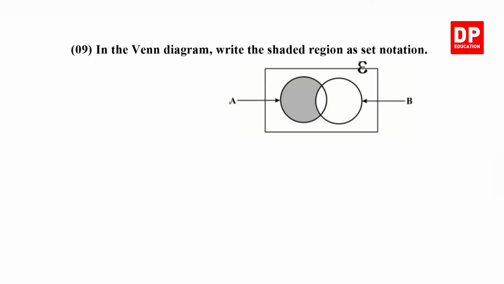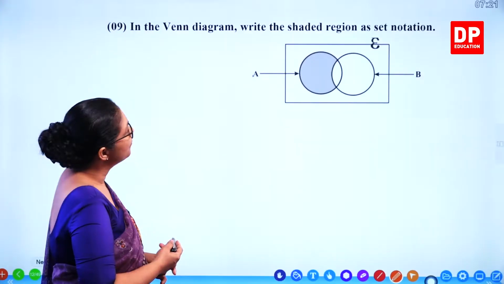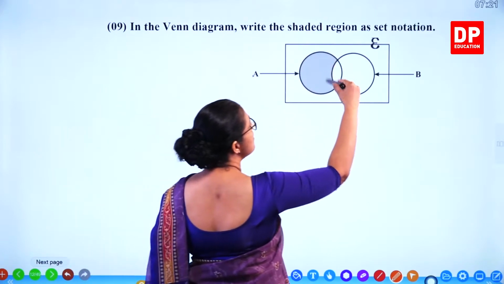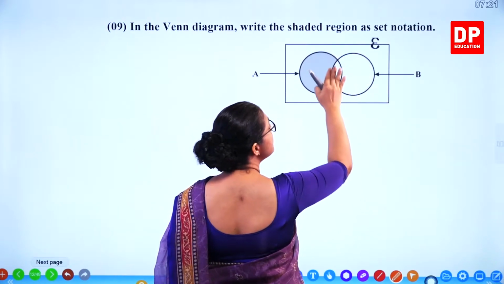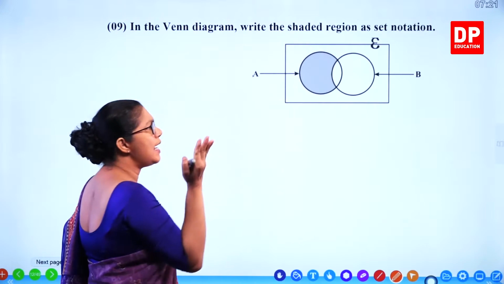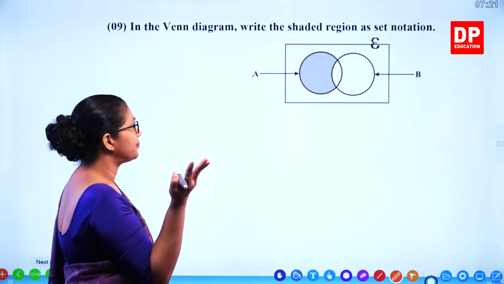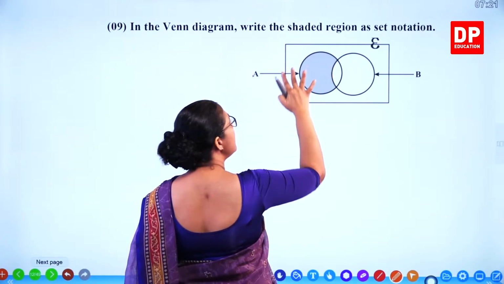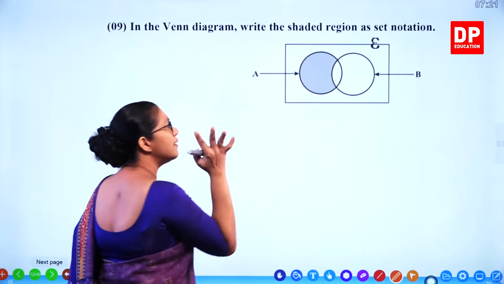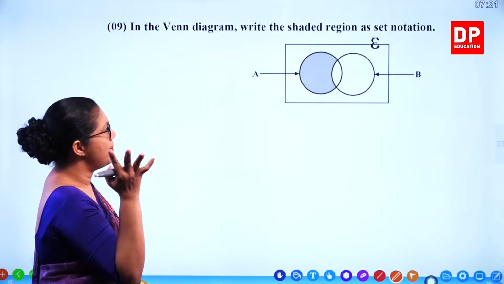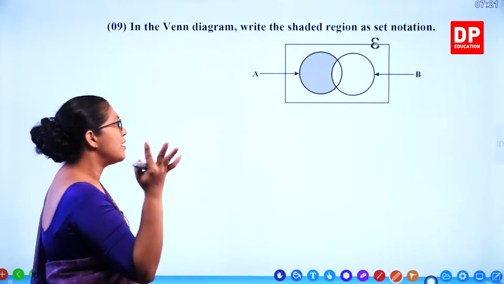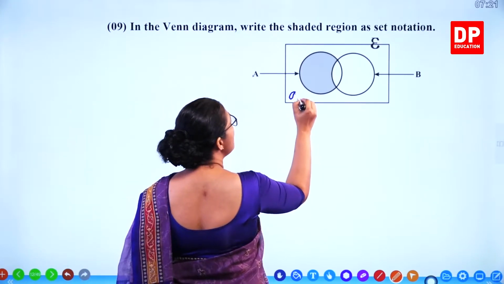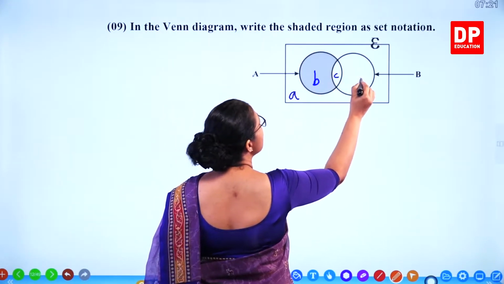In the Venn diagram, write the shaded region as set notation. This is A and this is B. So not inside B. That means definitely B dash. And here inside A. That's B dash intersecting A. But if you can't really find out, you can put letters like this